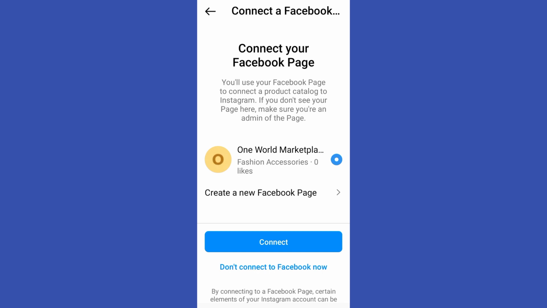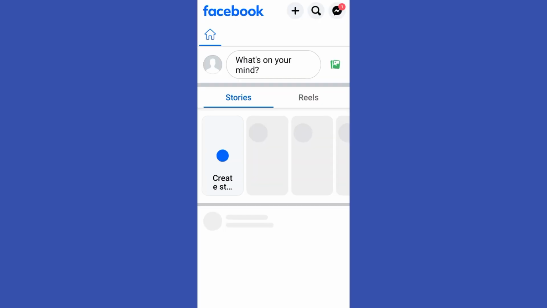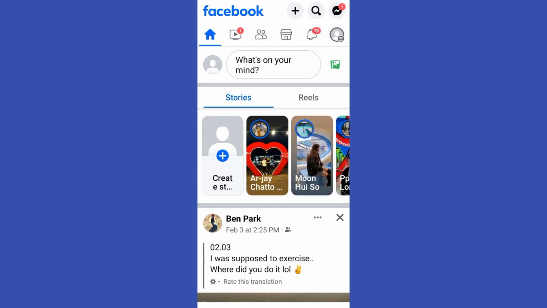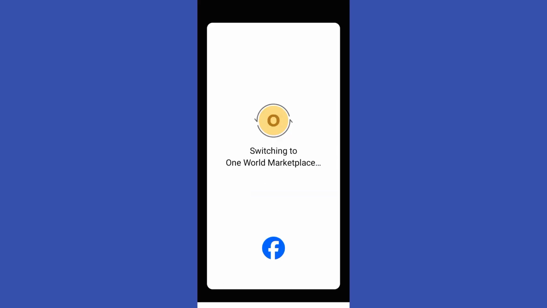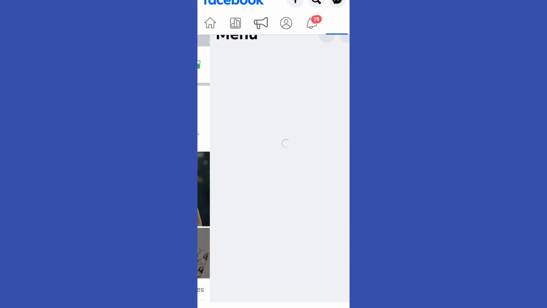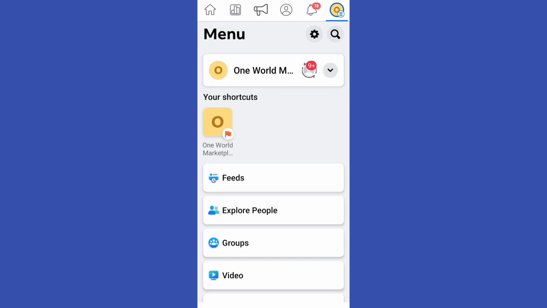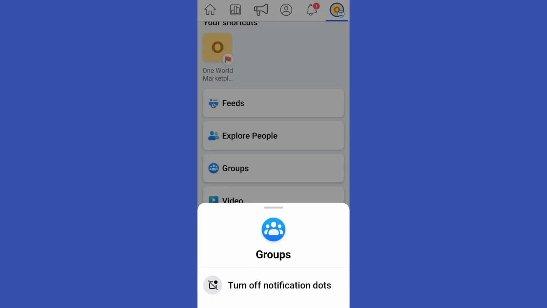To do that, all you have to do is to open or launch your Facebook. Make sure that you are using the latest version of this application. And then tap these three lines and switch to your Facebook page. Okay. And then here, once you're on your Facebook page, what you want to do next is to scroll down